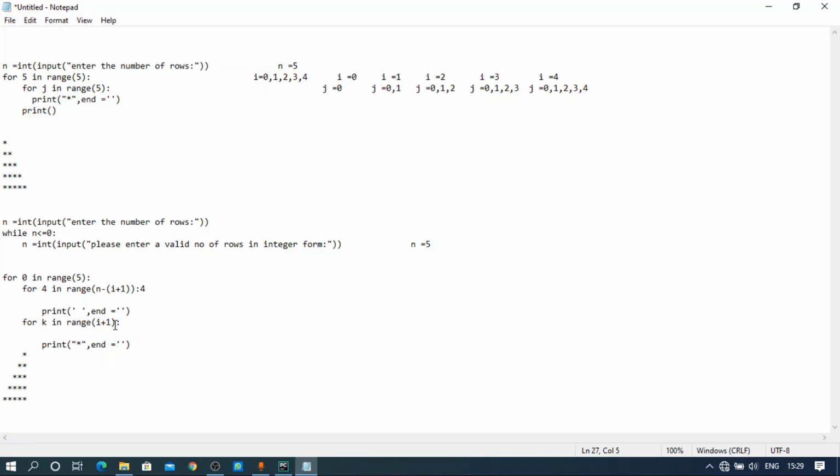Here we have k in range of i plus 1. i plus 1 means 0 plus 1, that is 1. k starts at 0. 0 in range of 1 is true, so a single star is printed. Here in the actual code we forgot to write another statement, that is print.